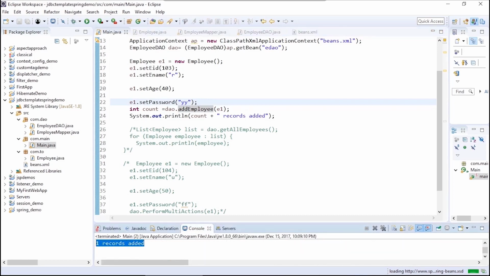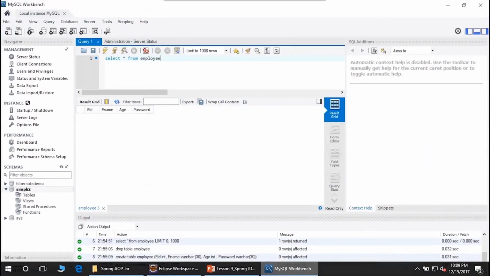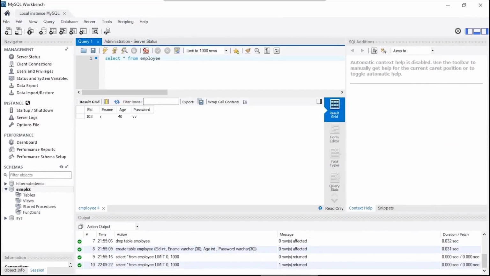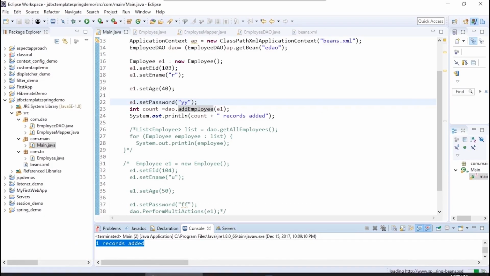And here you see one record has been added when we executed that, which is the output that we have got. Let us check in the database, and you can see the record actually got added into the database. We will now try to insert one more record and validate.